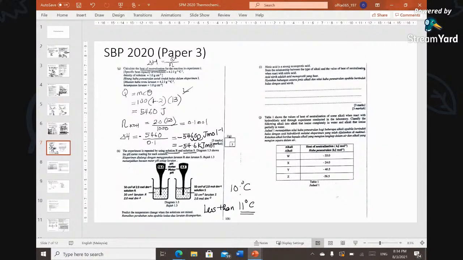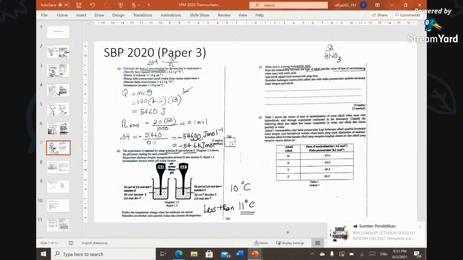Question I. Nitric acid is a strong monoprotic acid. State the relationship between the type of alkali and the value of heat of neutralization when reacting with nitric acid. So when you want to explain this, you have a strong acid, HNO3. They ask you to state the relationship